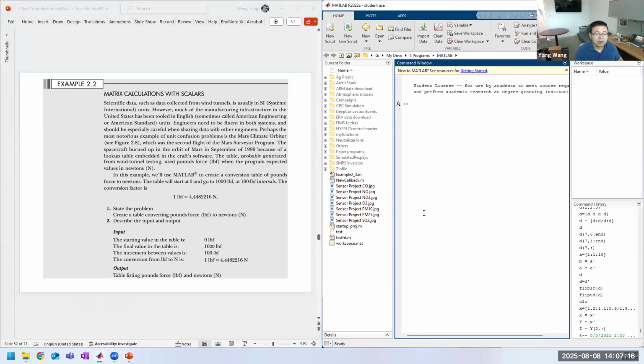So with all that we already know, the programming will be quite simple, right? Basically, we need to create a column of the pound forces from 0 to 1,000. Based on the definition of the colon operator that we talked about in our last class, we can easily create this pound force, right, equals 0 to 1,000, but with 100 interval,